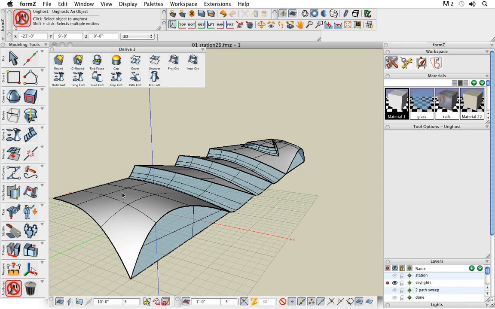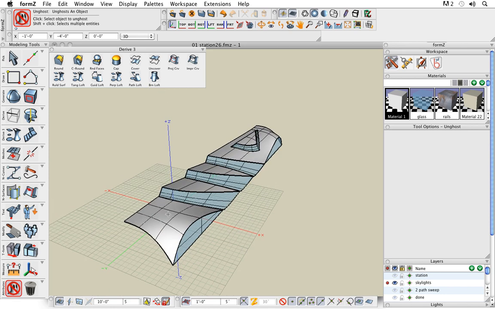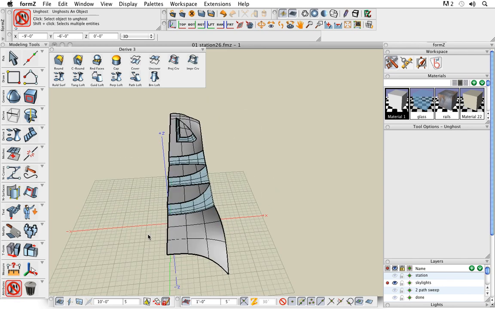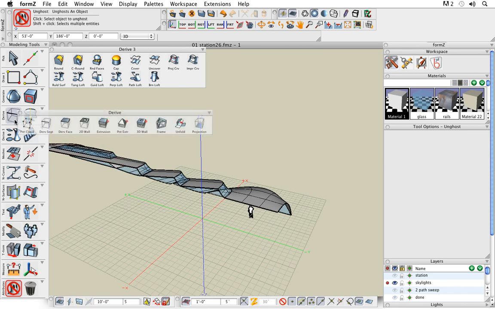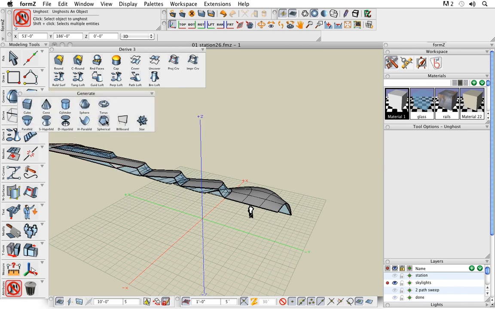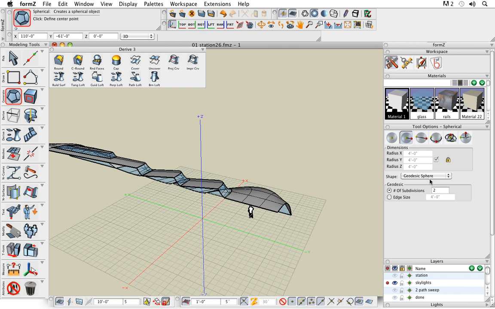Let's add another skylight here since we're adding skylights. No 3D contemporary modern design would be complete without some kind of geodesic dome type object, right? So let's go ahead and maybe put a nice little geodesic dome up on top of this area for a nice little skylight. Real easy to do in FormZ 7. There is a spherical tool which allows us to create a whole variety of different types of spherical type objects. So you can create